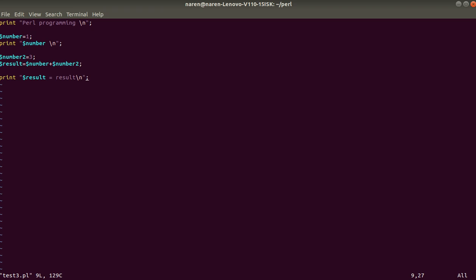After that we can initialize the variable. When we print this variable, we need to give the dollar symbol along with the variable name also. If you don't give the dollar symbol, it will treat it as a string. If you give the dollar symbol, it will treat it as a variable and print the value. For the addition operation or subtraction operation or any operation, we need to give the dollar symbol with the variable name, otherwise it will treat it as a string only. So these are the concepts we have learned today.